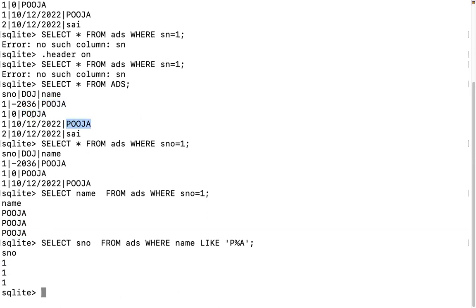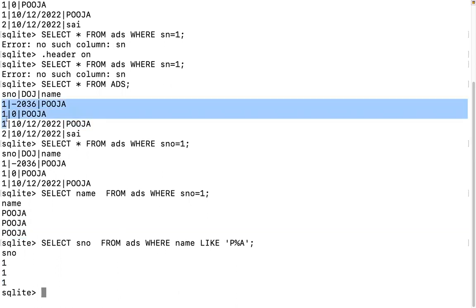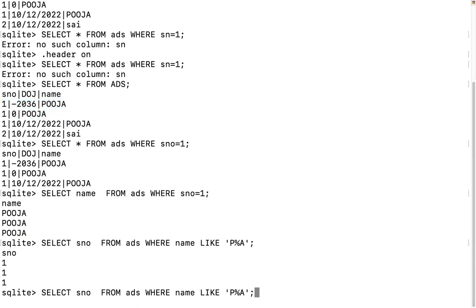There are three Pujas. The corresponding serial numbers we are accessing over here. Now, I want to access only the serial number along with the name. So simply we can use: select column name 1, column name 2 from ADS where name like P